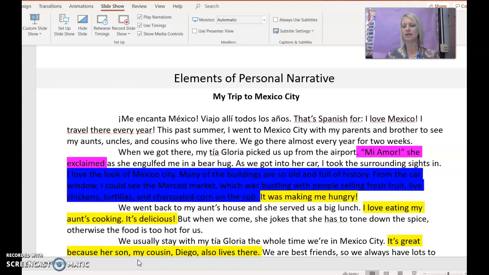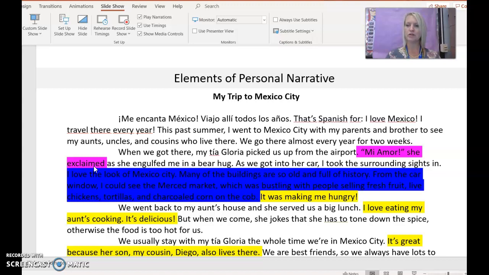We also looked at dialogue. A personal narrative should include some dialogue. If your memory included other people, you talked to them, so your story should include that dialogue. In our story, My Trip to Mexico City, we highlighted that dialogue in purple. We also discussed that a personal narrative has a clear setting, which is described in detail.